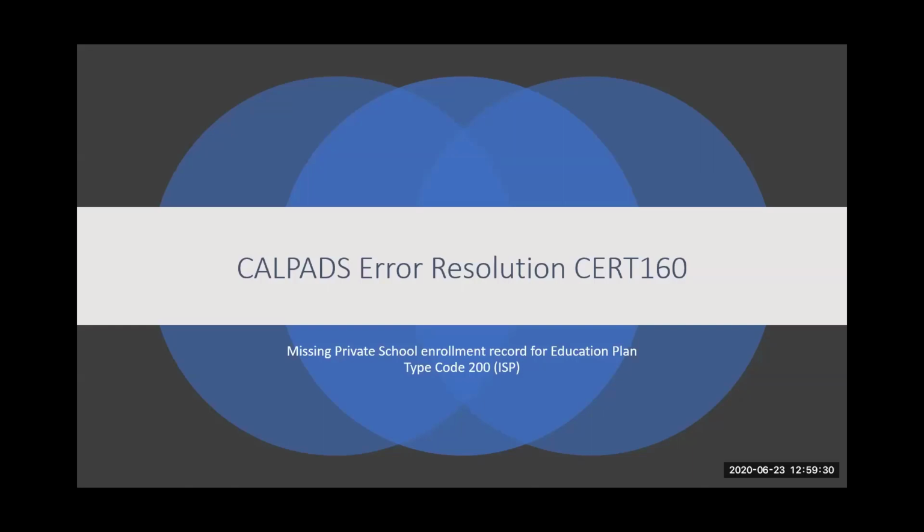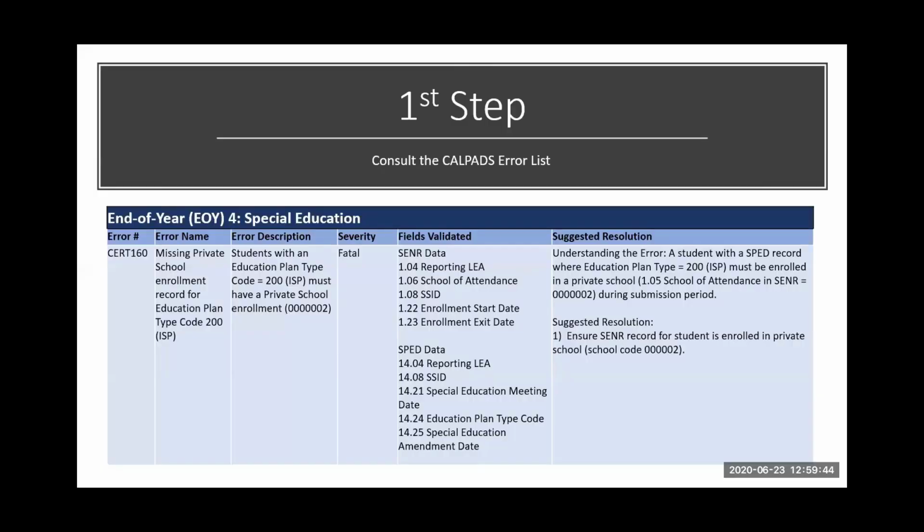CALPADS Error Resolution CERT160. Missing private school enrollment record for an education plan type code 200 ISP. So anytime you are resolving an error in CALPADS, the first thing you should do is consult the CALPADS Error